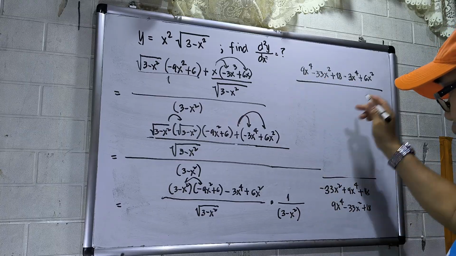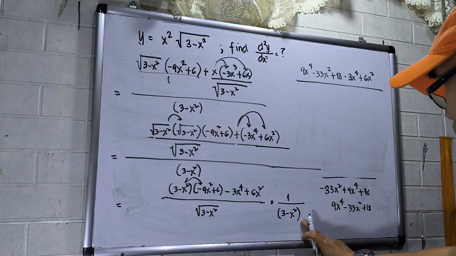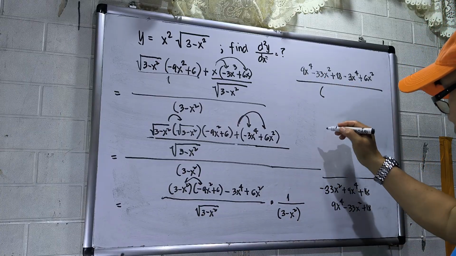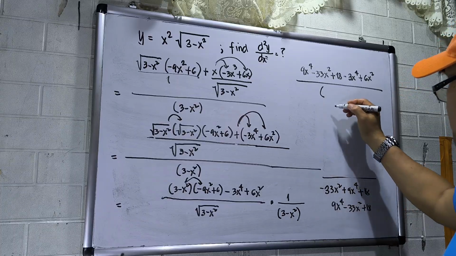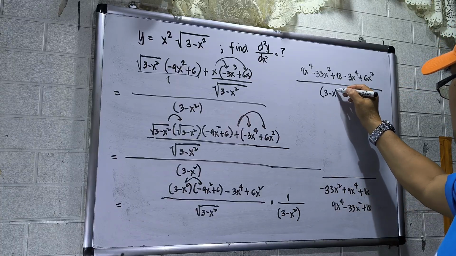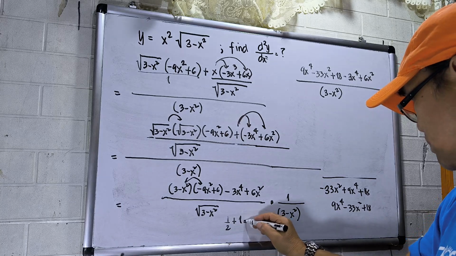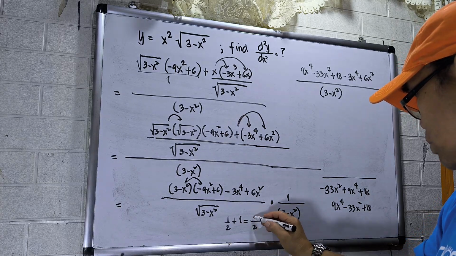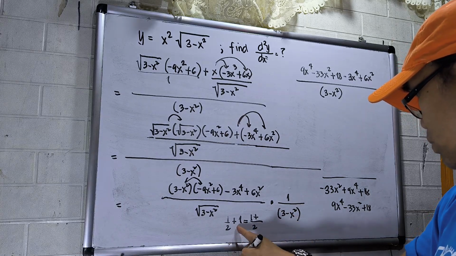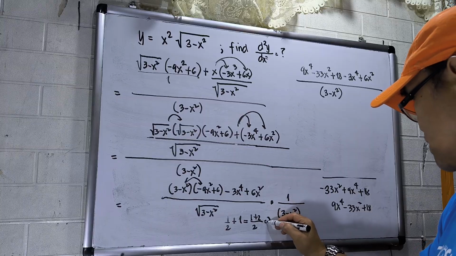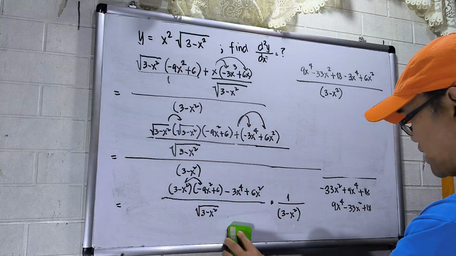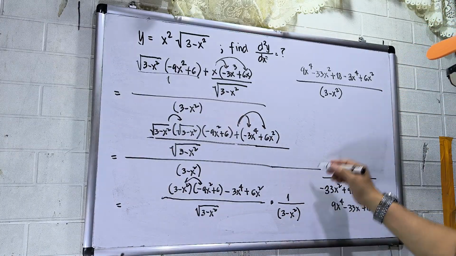Then this will be over this one, square root, and then this will be 1. So I have now circle brackets, 3 minus x squared. Take note, 1/2 plus 1, right? So this will be 3/2. So the exponent of circle brackets 3 minus x squared will be